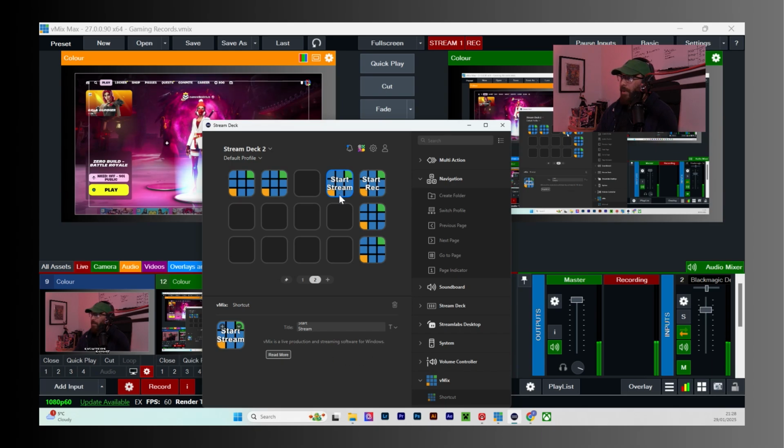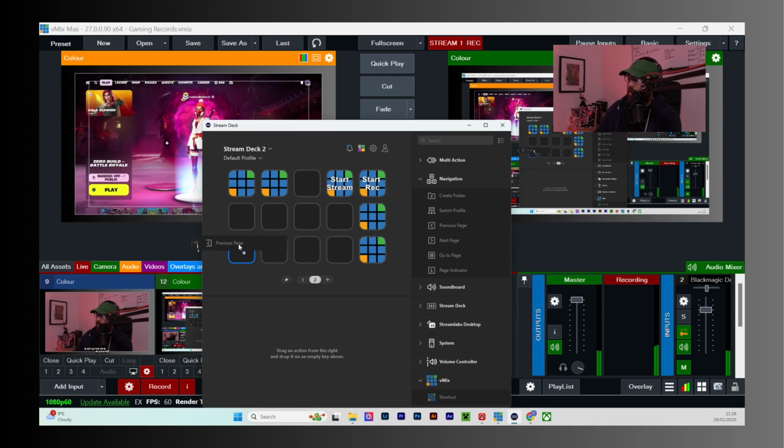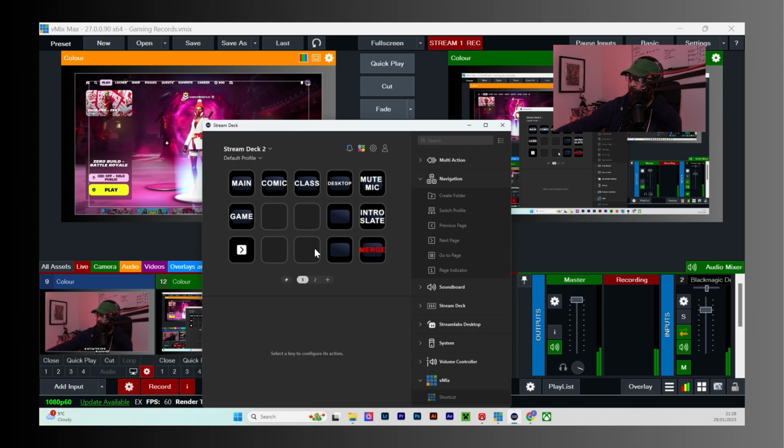But yeah, what we're doing right now, we're going to add these vMix buttons, then we're going to tie them to some actions so that when we press them on the Stream Deck, something magical happens. And this can get super complicated, but this is the basic. So this one down here is going to be merge, but do you know what I should do? I should create a button to go back. So if I wanted to be back on the other page, I could go straight there. Boom. Because I can change profiles if I want.